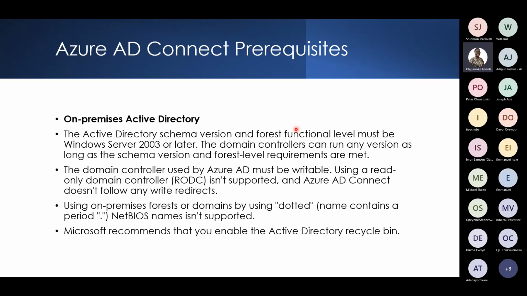Then for the domain functional level, you have things like your PDC, your primary domain controller, your infrastructure master role, and then the RID master. So they all have different functions. But the forest functional level determines the Windows Server operating system which can be used. It must not be anything lower than 2003. Even right now, we will not recommend a forest functional level of 2003. My preferred mode will be what? A